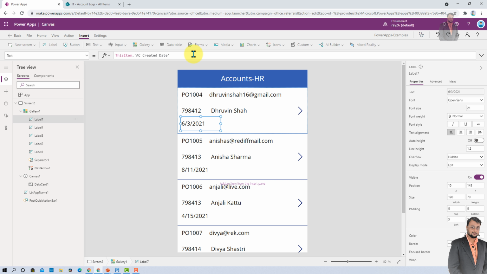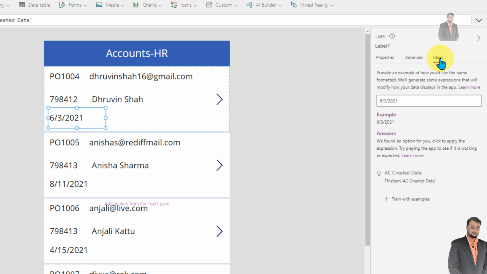Now, this task becomes very easy. If you know the end outcome of your result, you only need to provide an example of your end outcome and that will generate the formula for you automatically. Let's see how. Just select your label control and click on the Ideas section. Now over here you need to provide the end outcome that you want to have.